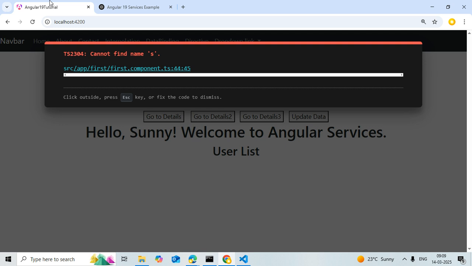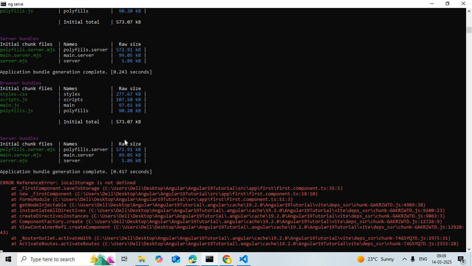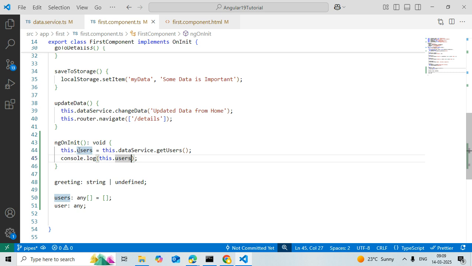Well, I'm surprised. Cannot find name. Where is the name? First component, line number 44. This.users is equal to this one, and we are just